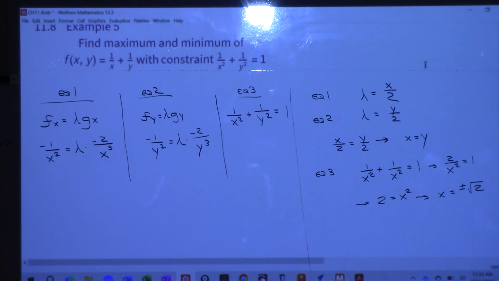All right, so we solve for lambda on each of equation 1 and 2. We set the two lambdas equal to